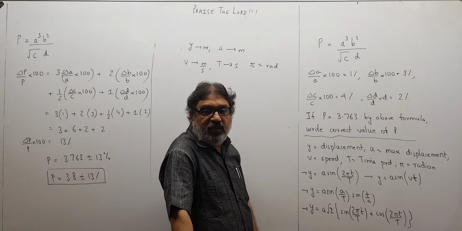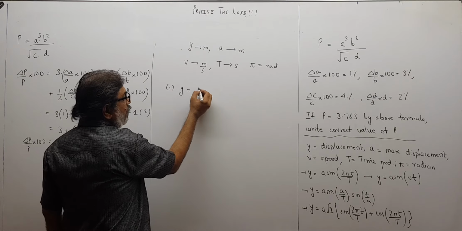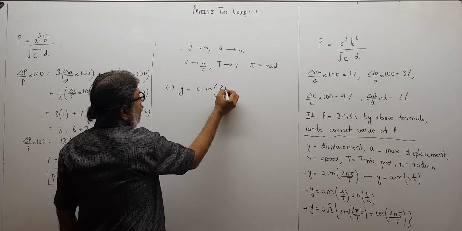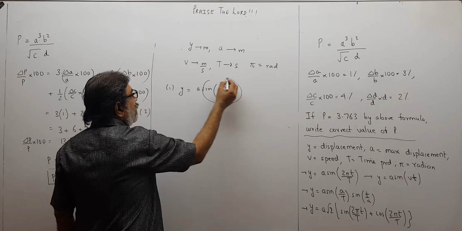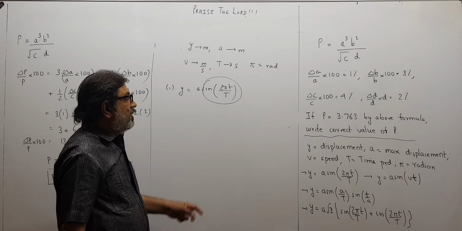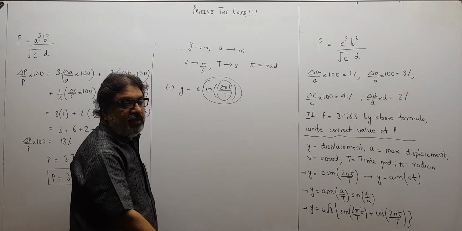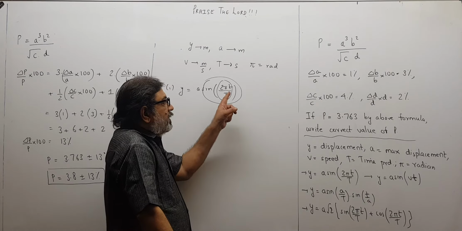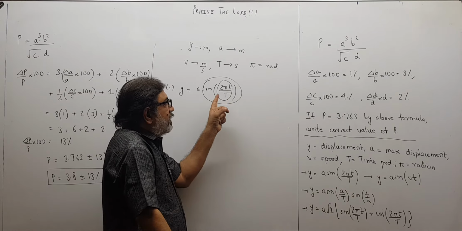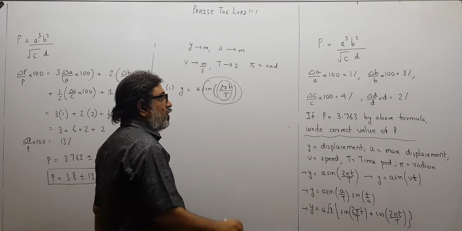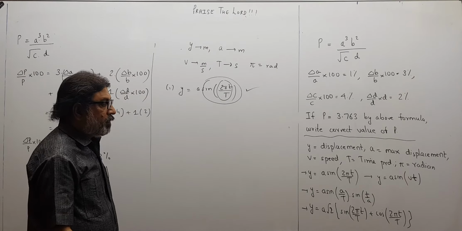See, dimensions should be correct. If I see the first equation, Y is equal to A sine 2 pi T upon T. See, this has got no units, sine theta. That means units of Y and A should be same. Yes, they are same. Because sine of theta, theta should have units of angle. Time and time get cut out, second and second. And this pi is radian, so here only radian is remaining. So all the conditions are satisfied, so this may be correct.